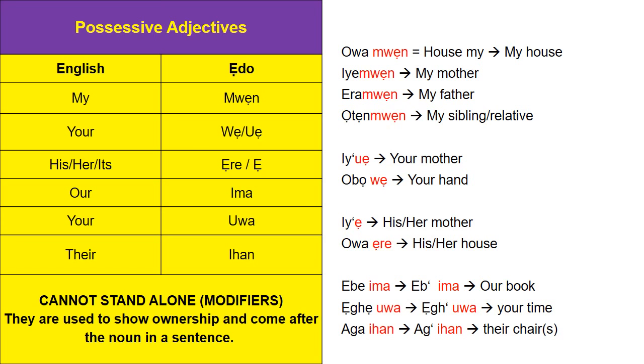Aga is the same word for plural and singular, but you only know that we're talking about plural in the verb that would follow aga. For instance, if you say muagare, it is bring the chair or bring a chair, so we're talking about one. But if you say viagare, vio is to take or to bring, but something plural, so something more than one. So in Edo language, it is the verb that carries this information of plural or singular. So take note of that. Now we move on.